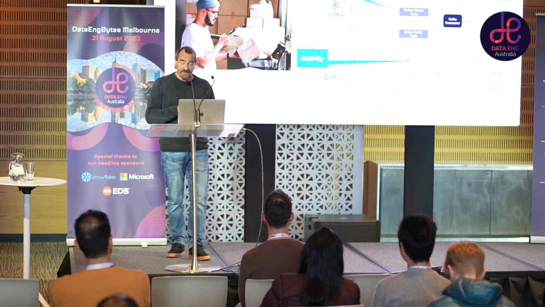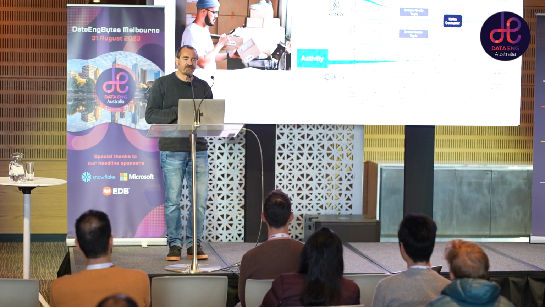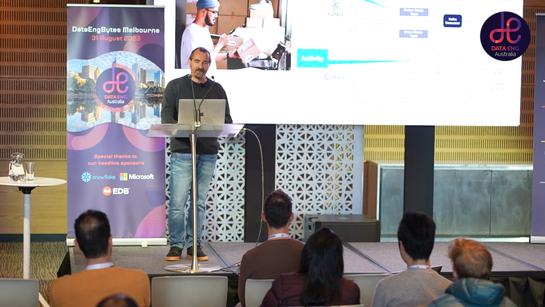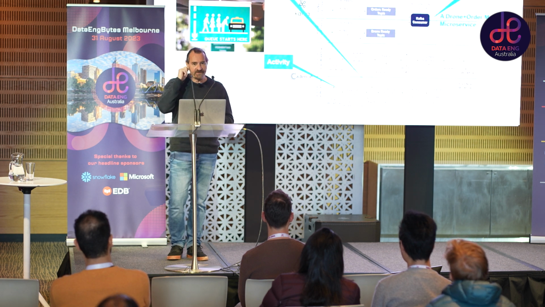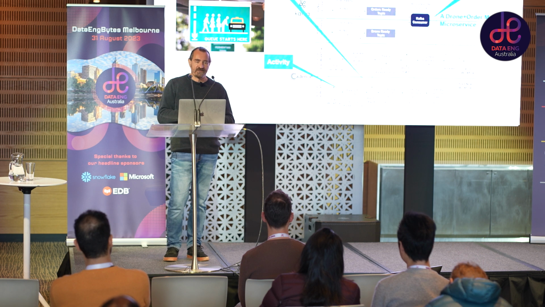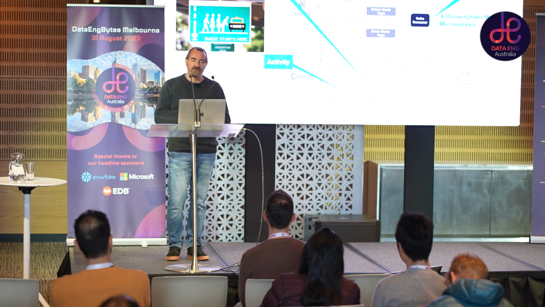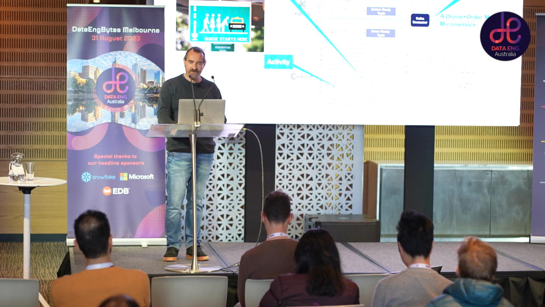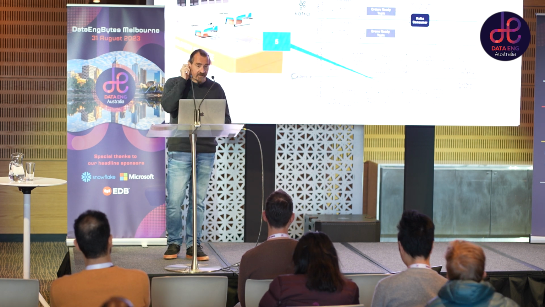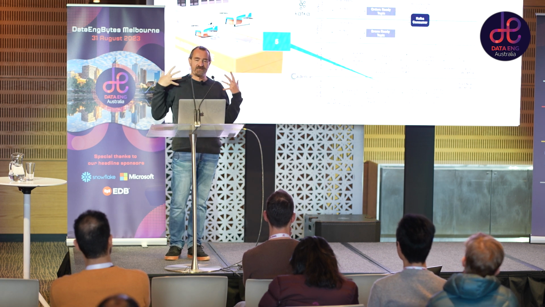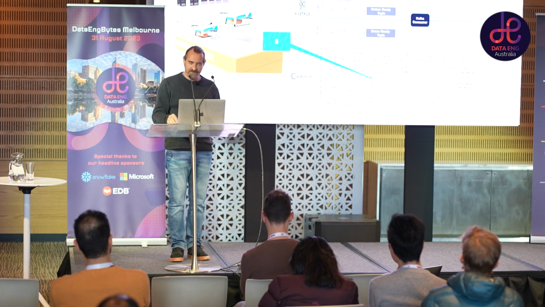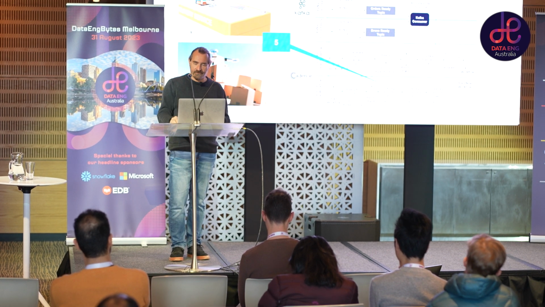Step 3, the order is ready for drone pickup. This is done inside an activity. Basically, it sends the order ready message to the Kafka order ready topic. Step 4 is inside the drone workflow. Again, it's in an activity. It sends a drone ready message to the drone ready topic, and the Kafka consumer gets an order ID and sends the signal back to the drone to start the order pickup. Step 5 is in the drone workflow, and it's where it's actually flying to pick up the order from the shop. So it does the computation and flies to the order location and picks up the order.